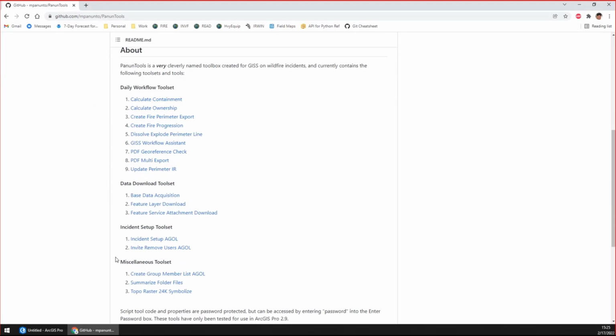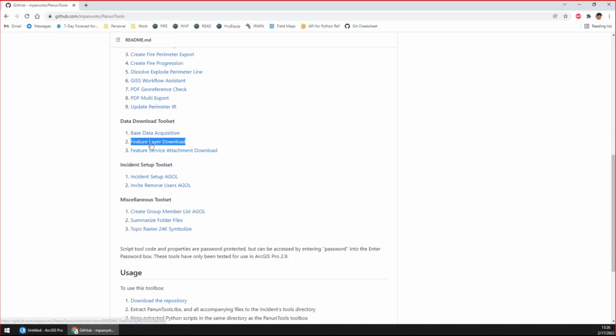There's a couple of different tool sets, but the one we're going to be looking at today is within the data download tool set: the feature layer download tool. This tool, like Andrew said, is not to be confused with the base data acquisition tool. It's a completely separate tool, and it does totally different things. So that's what we're going to look at today.